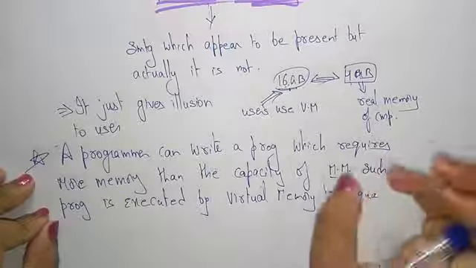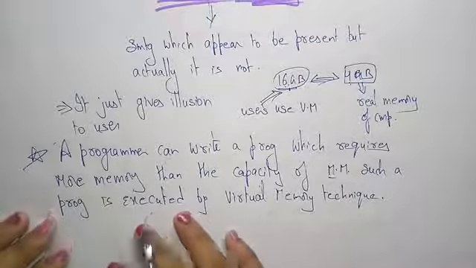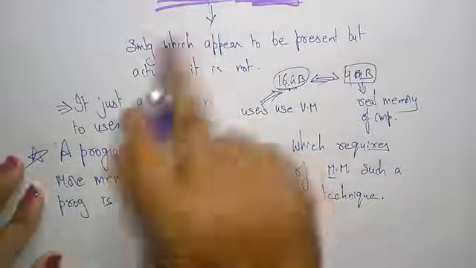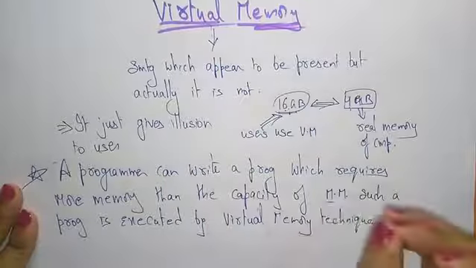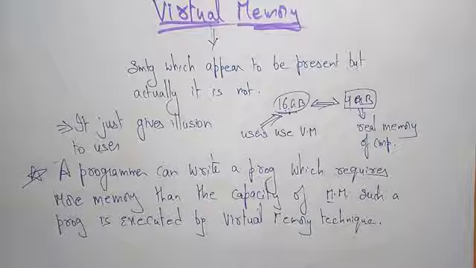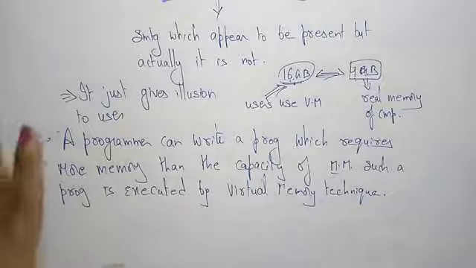The primary memory, or main memory, or physical memory, is finite, whether it is 4 GB or 16 GB or 18 GB, whereas virtual memory is infinite. The programmer can use as much memory as he wants. Virtual memory is not constant, whereas the main memory is finite. It is just an illusion to the user. That is a basic introduction to virtual memory. The virtual memory is a separation of user logical memory from physical memory.